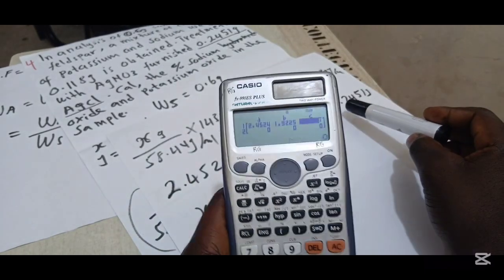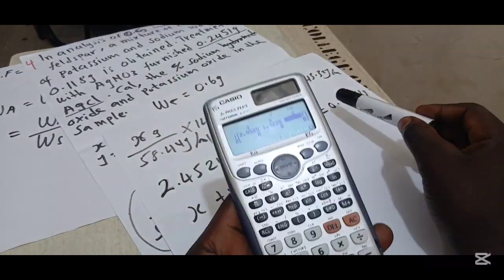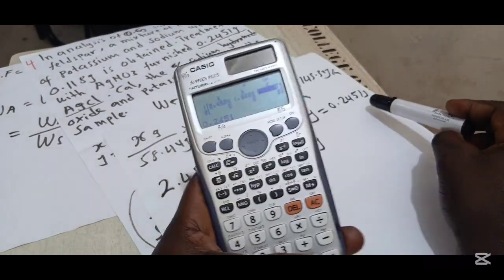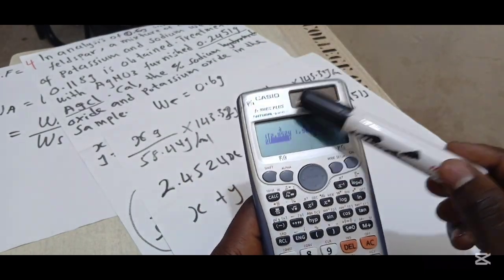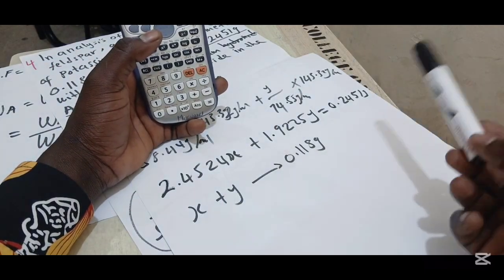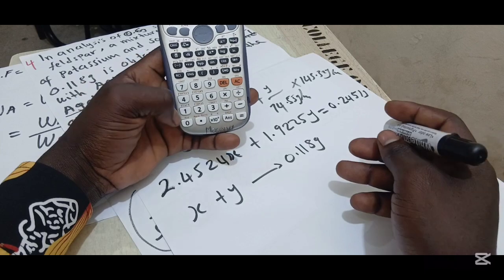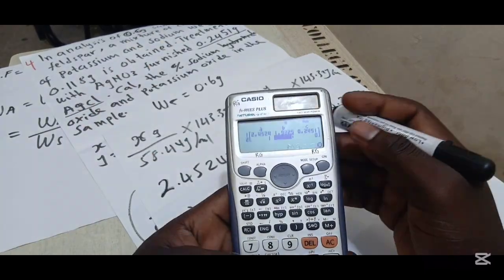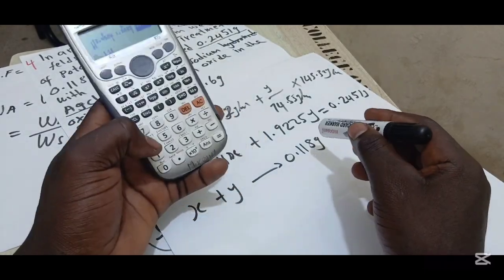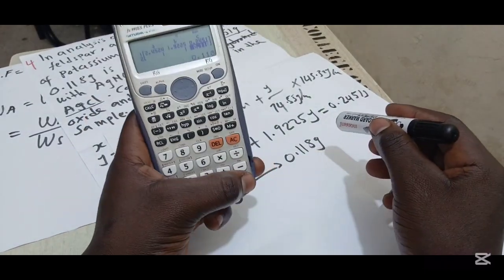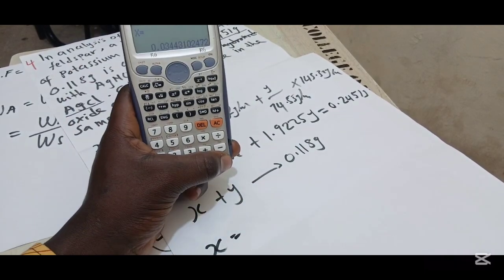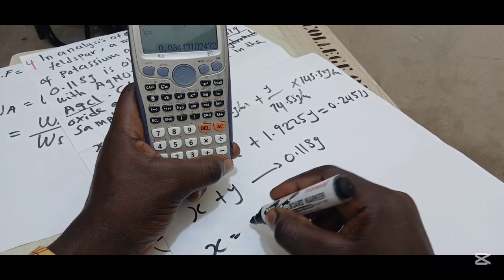1.9225, then equal to what we got, which is 0.2451, then equal to. You see, we start from the second equation. First, in the first equation, we key in the coefficient of x followed by y. So we have to do the same for the second equation. So 1 equal, and then 1 equal, what, 0.118, then equal. So this is going to give our x to be